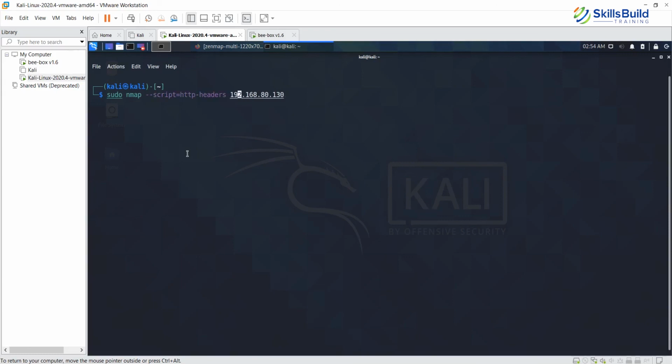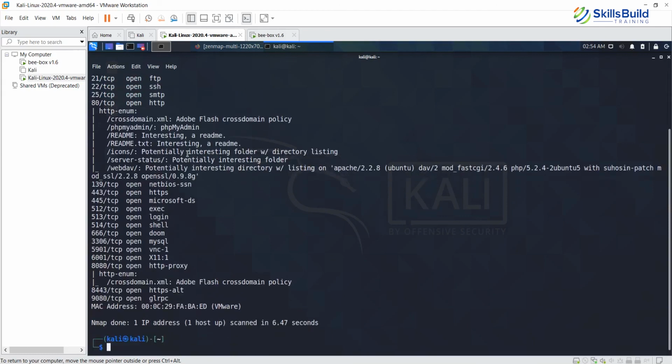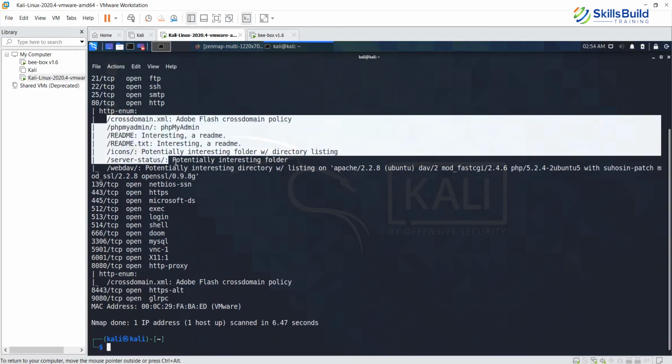Let's see what output it gives. All right, so it's found quite a bit of information which can be useful.